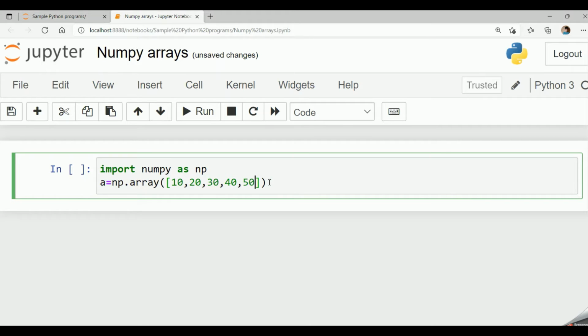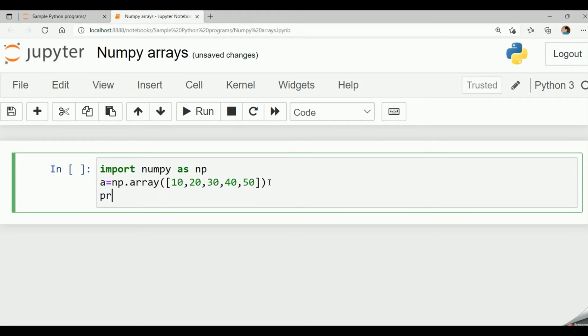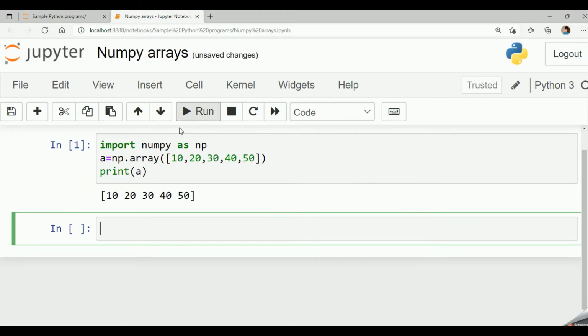So now if I say print a, I get the output in the NumPy array format 10, 20, 30, 40, 50.